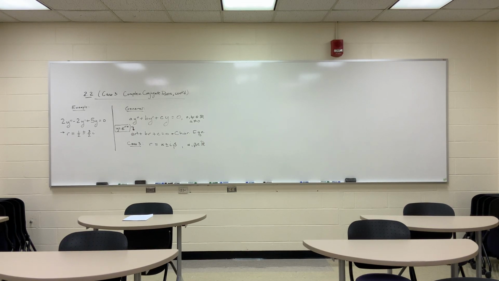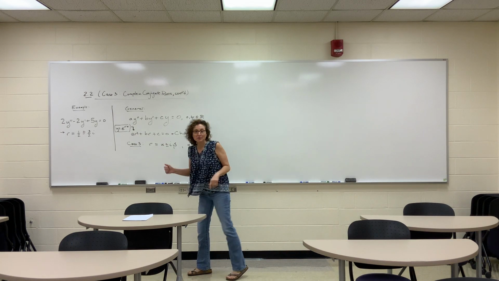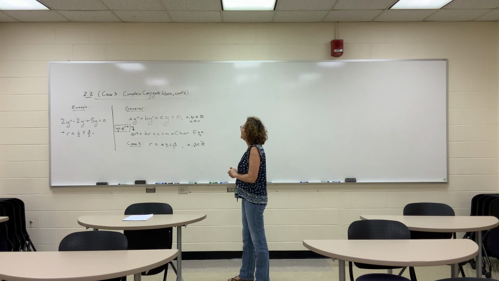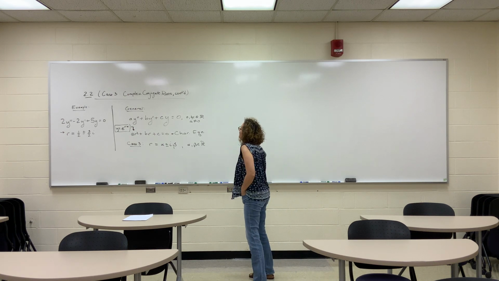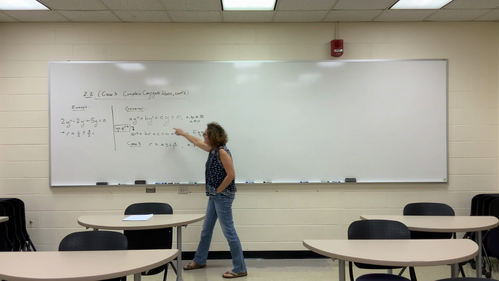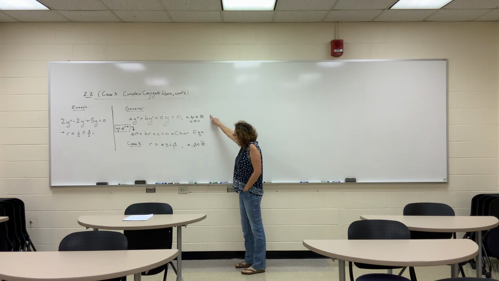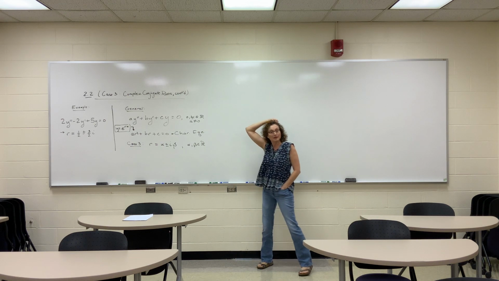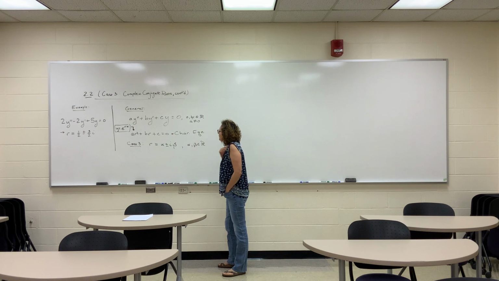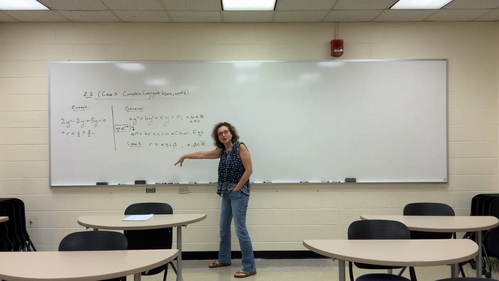Hello again. Here we are with our continued part of Case 3, Complex Conjugate Roots, still in section 2.2, still to remain there for a little bit longer as yet another recap. We have our general second order ODE, constant coefficient, homogeneous, written this way, and we had always been writing A, B, and C are real numbers, and now you maybe see why it's important to say that A, B, and C are real, because here we end up with a case where we get these complex conjugate roots,